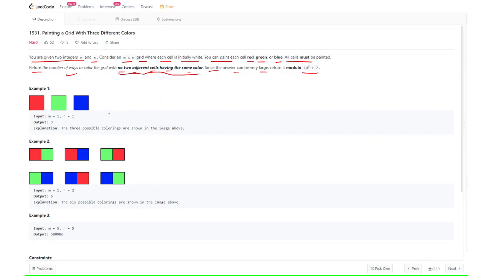So I think the problem is pretty much straightforward. If you have a grid, you have to paint each cell of the grid in such a way that no two adjacent cells, either this or this or this or this, in the four directions, have the same color as this particular cell. Okay, so this is basically what the problem is. So let's get the basic idea first of how to approach this problem, and we'll see the code later.